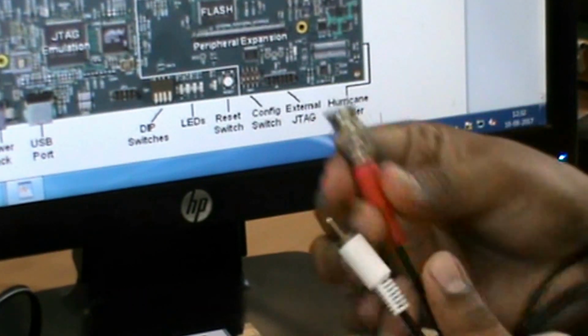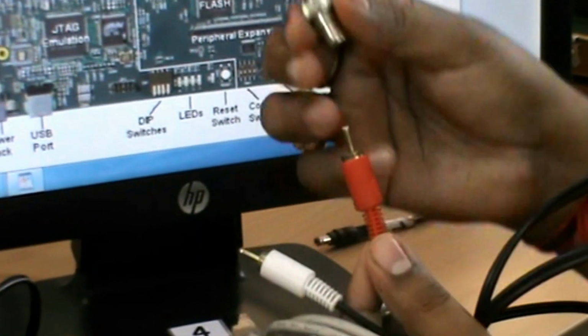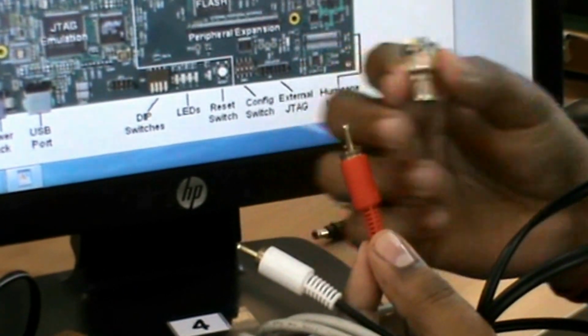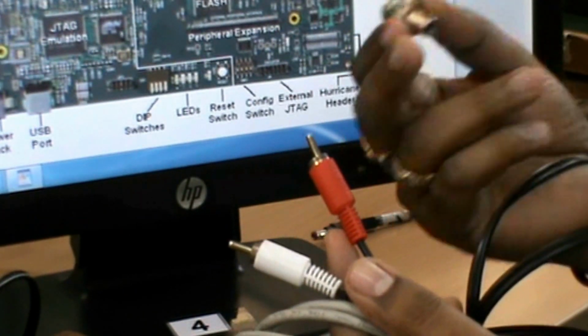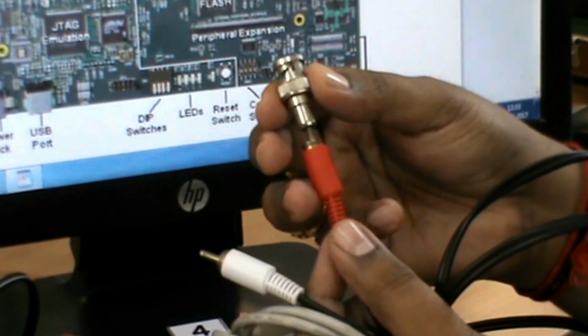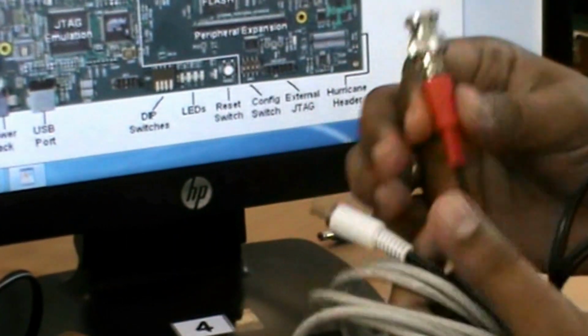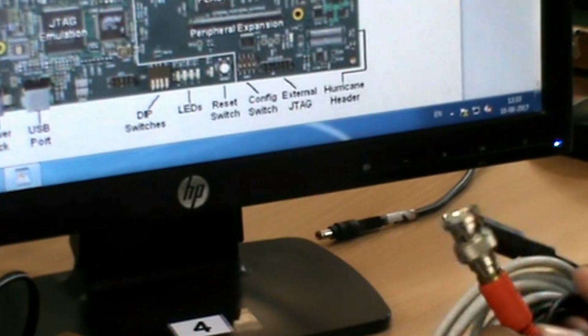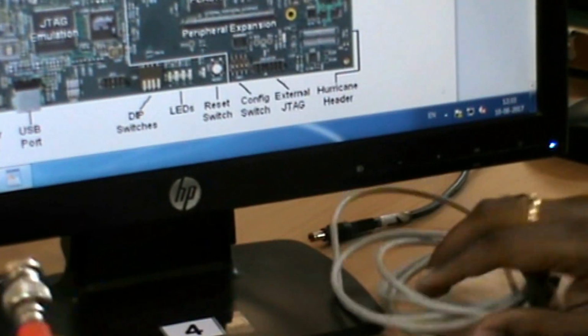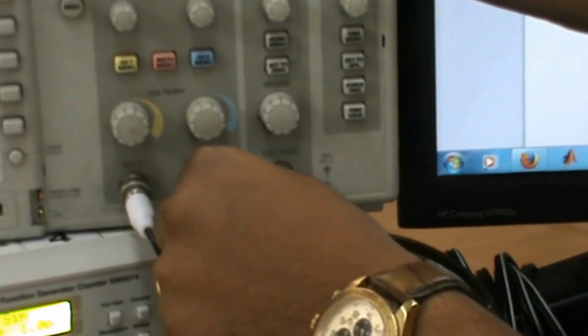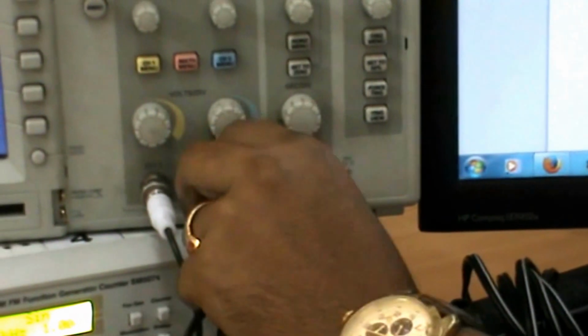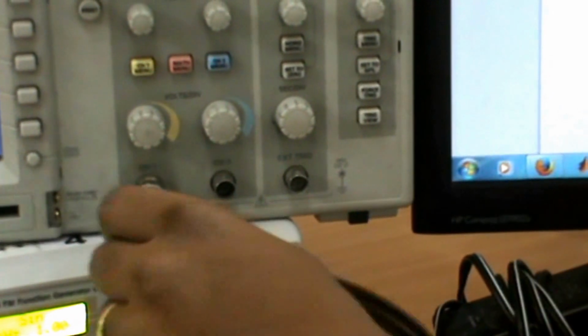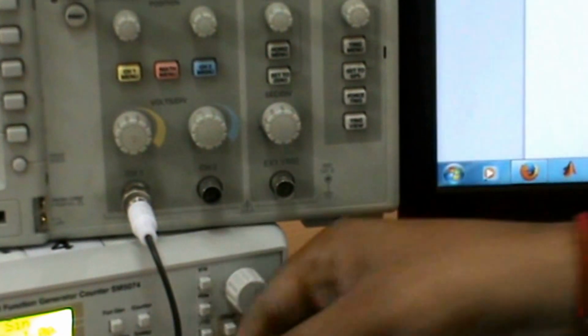Either one I can use, so I can connect the RCA cable to the connector. This BNC connector is going to be used to connect either an oscilloscope or a function generator, as already connected here.